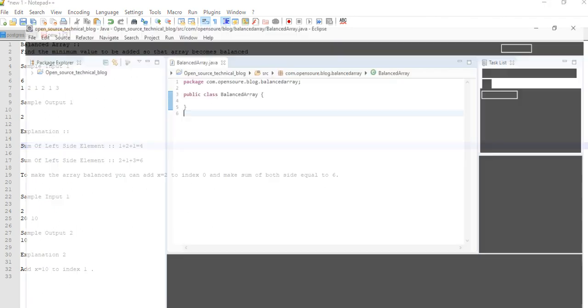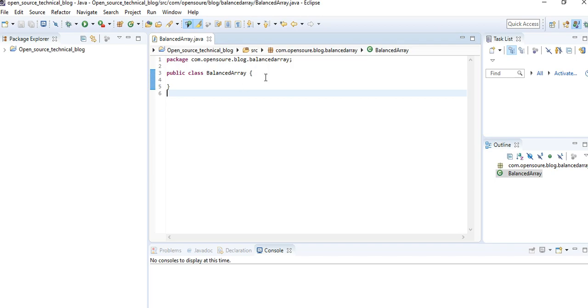So let's get started. I have already created the class, so let us write a method which will take an integer array as argument.